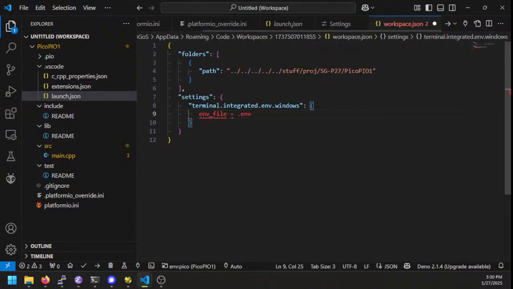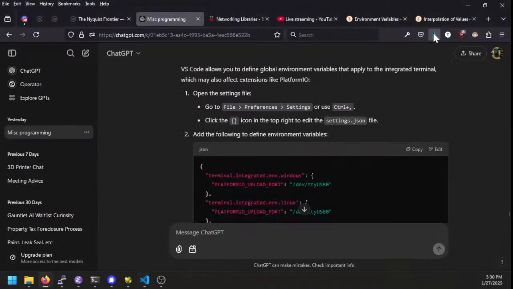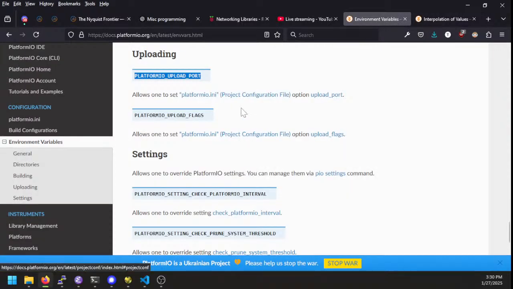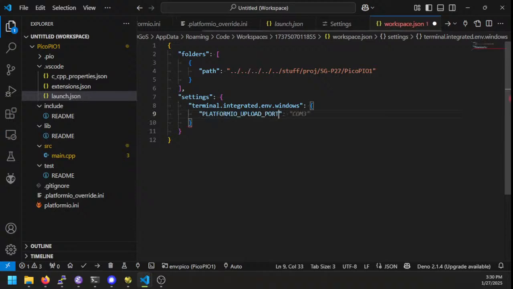We're gonna add, not that, folders. Okay, this is my workspace config, so that's good. It actually is in the workspace. Env.windows. Now, what did platform.io tell us? Upload port. This is the one that we want to set. This is the one that we want to set to